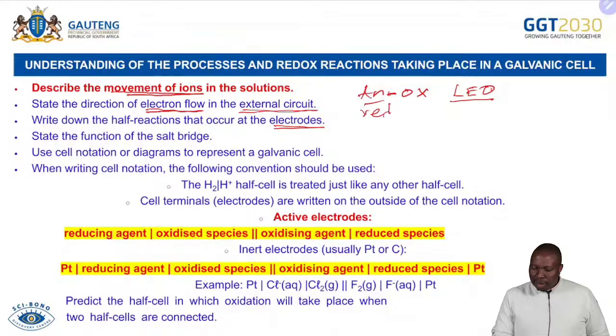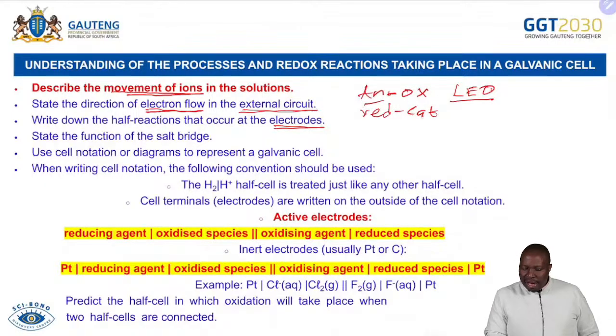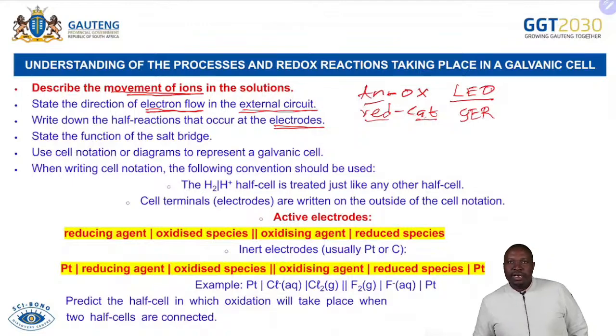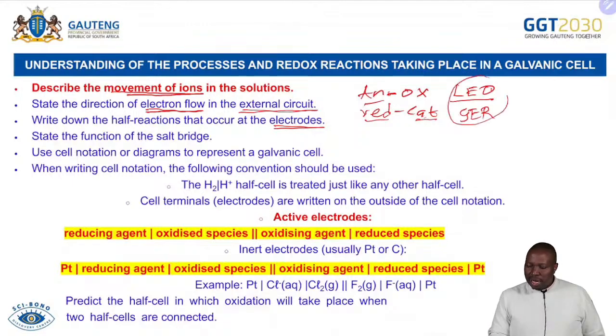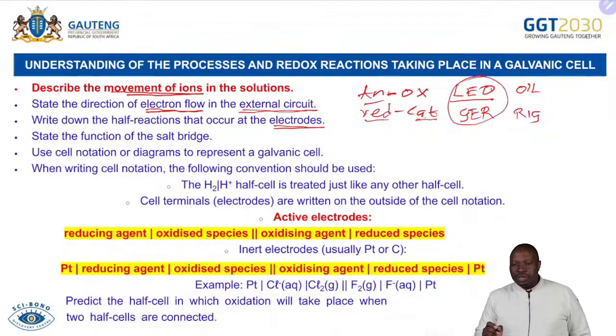Remember, all this we are making you remember: at the cathode, the reaction that takes place is a reduction, and reduction is gaining of electrons. So gaining of electrons is a reduction. Remember, you can use LEO GER, or you can use OIL RIG, as I said at the beginning,